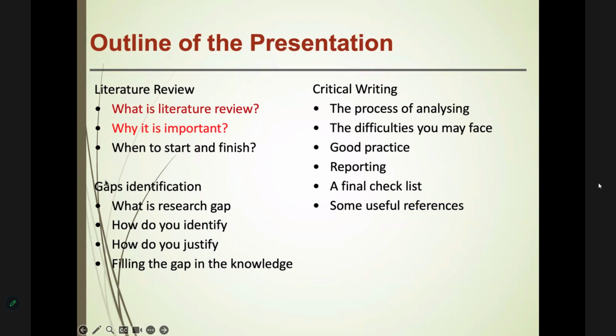I also would like to touch on gap identification, because that is one of the key activities that you have to do when you want to read a literature, or when you want to write a literature review as part of your research. The one main thing they will ask is, what is your gap in the knowledge, right? So you need to have at least a basic understanding by now of what you mean by a gap in knowledge. So I would like to give you a basic understanding about what is a gap in knowledge,